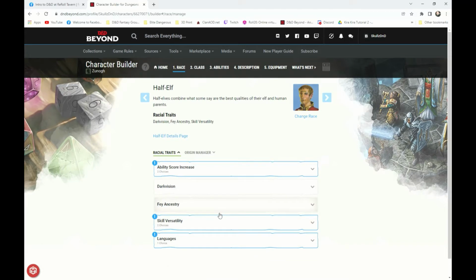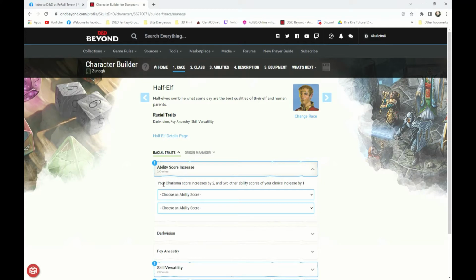Once we've made our selection, if there are options available for your race or your class or any other options downstream in the process, these blue circles with an exclamation point will show up, which will let you know you need to make some decisions in that creation process. So again, if we come to this first one and click on this box, it'll tell us that, again, because we're half-elf, we're getting that +2 increase to our charisma, and then we can choose 2 different abilities down here